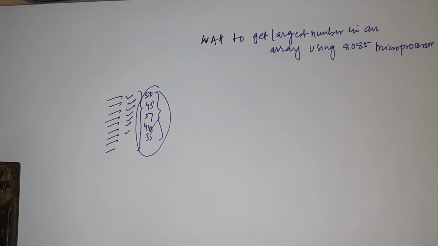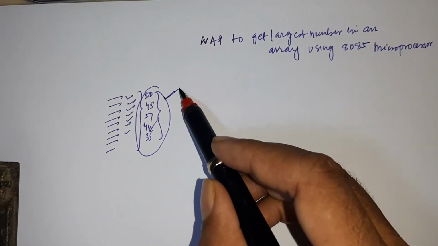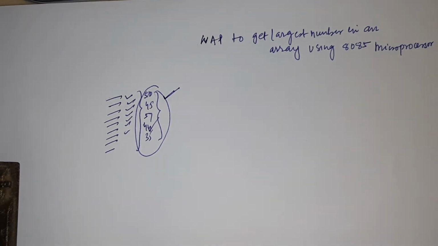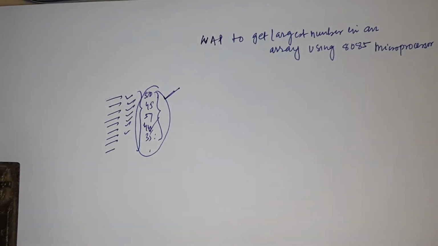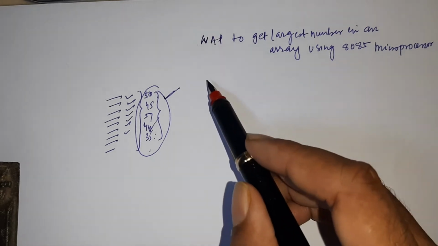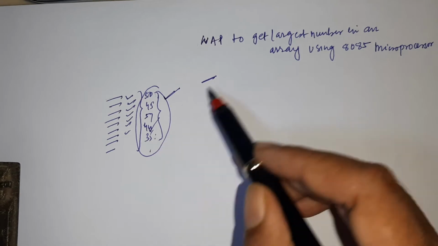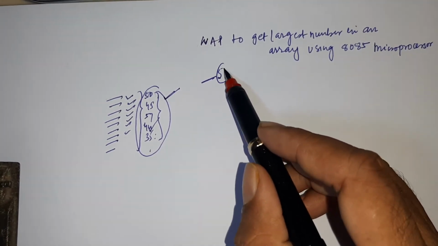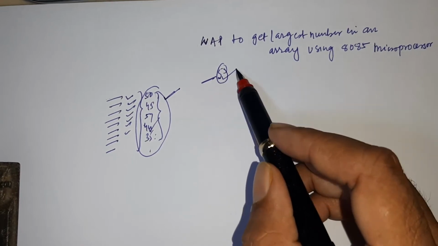So how can you do this program? Firstly, let me explain the concept. Firstly, you have to find the number of data available in the array. This can be 5 data, 6 data, 7, 8, 9, 10, whatever number of data is possible. So firstly you have to initialize a counter for the number of data. Suppose 5 data are given, then you initialize a counter of 5. It means you have to compare the 5 data to each other and then get the output.